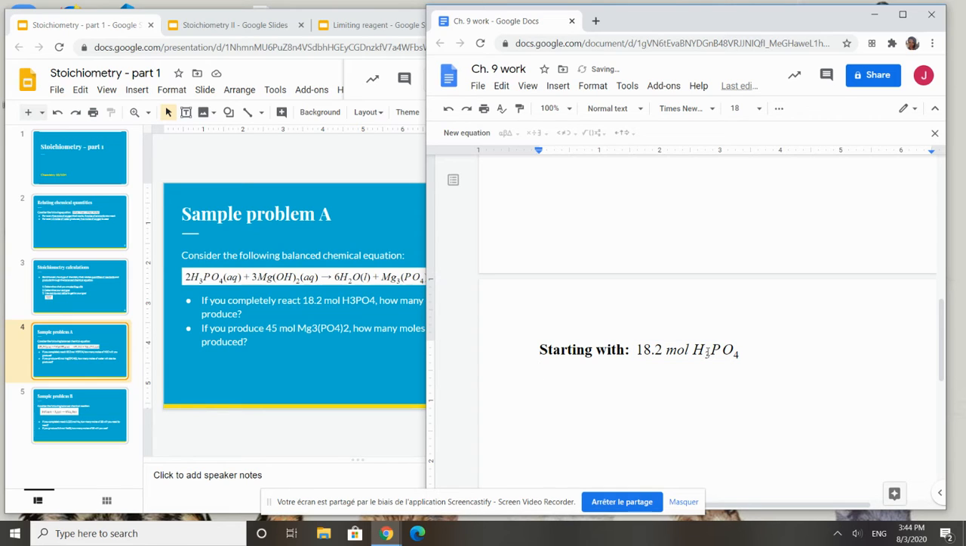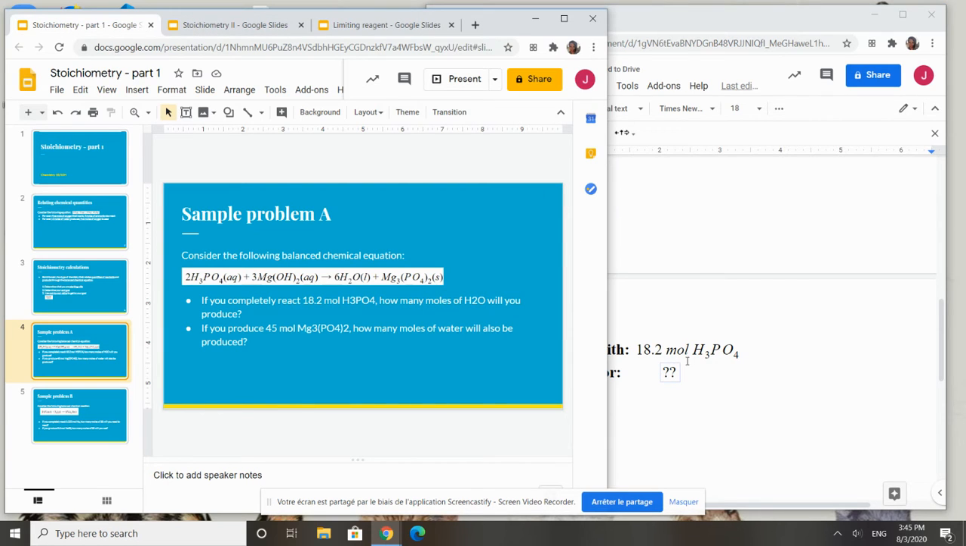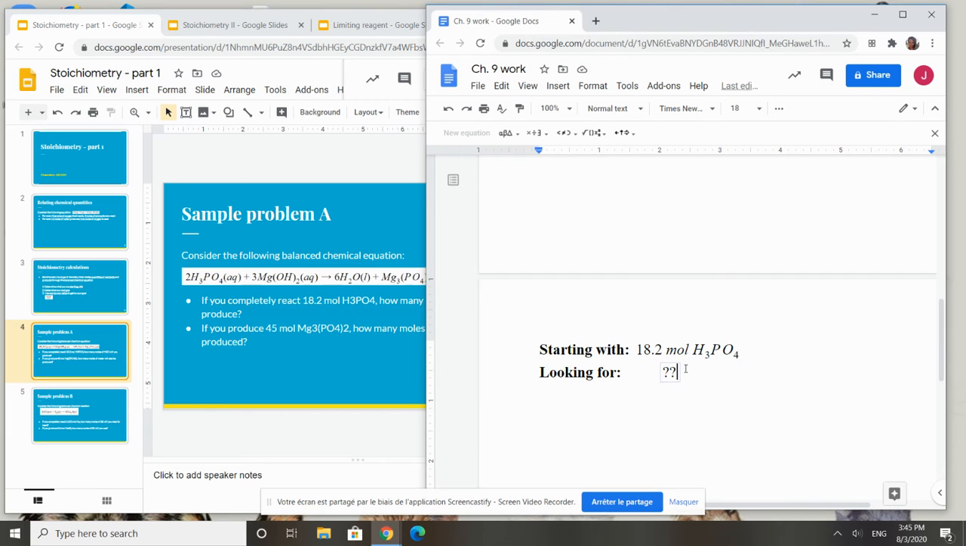And then what am I looking for? If I'm looking for it, I don't know what the quantity is. That's what I'm going to find, but I'm looking for moles of H2O. And then for those of you in the H class, it wouldn't hurt to just go ahead and add that 3 sig figs here, just to remind you later that your final answer is going to need to have 3 sig figs. So then what I do is I take what I'm starting with